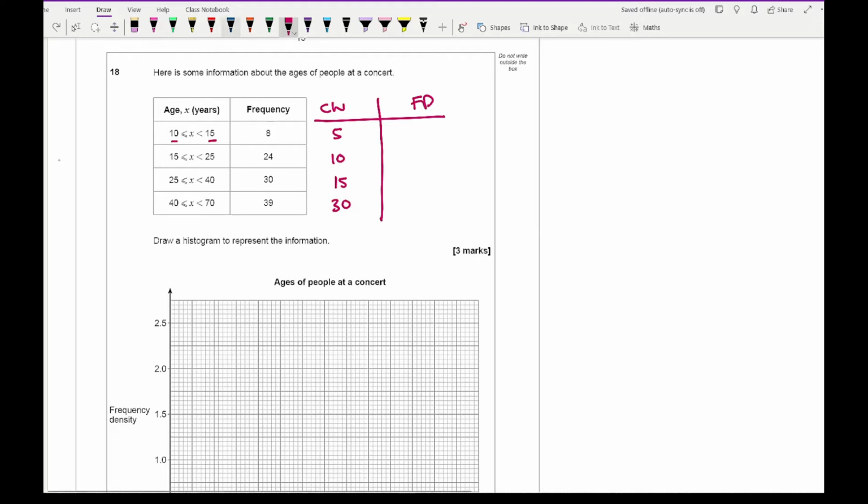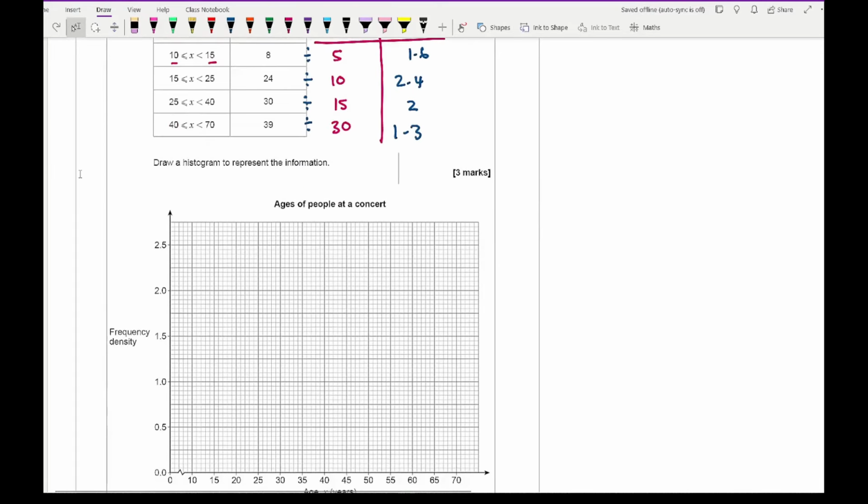Then we need to work out our frequency density. And how do we do that? Well, we just simply divide the frequency by the class width, in which we should have answers of 1.6, 0.4, 2, and 0.3. So then what we need to do is draw these values between these limits. It's really important we do get this correct. So 10 to 15 is 1.6. Going up in, say, 2's, 1.6